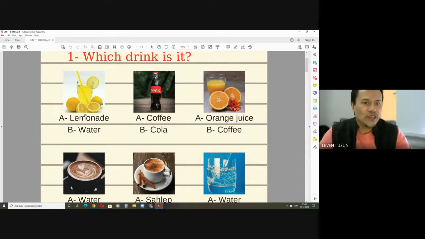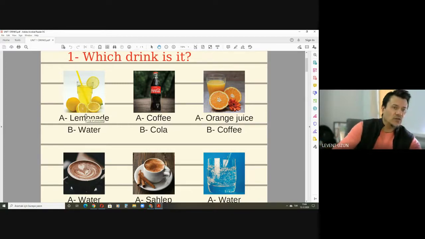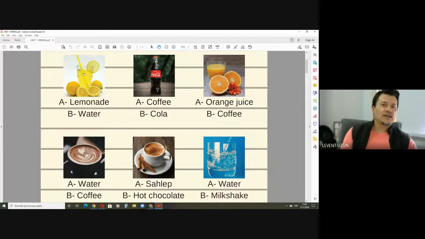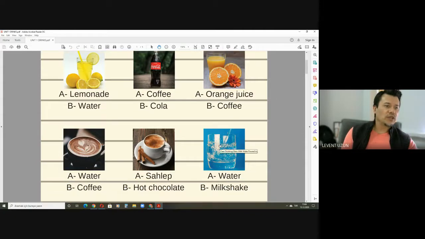So by the way, please consider my feedback here and go back and revise your units. Change your units. In the end, you will have to submit them as a full. So this is what I'm saying. If you replace it like that, then it will be great. Put a glass of water here, put the milkshake here,